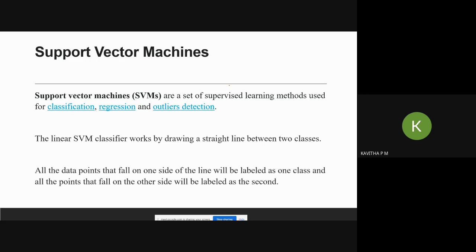While we segregate it, the points will fall based upon the classes, whether they come under the first class or the second class. Maybe the first class would be a labeled structure and the second class an unlabeled structure, and based upon that there will be some grouping. This is also possible, but in SVM, if there is some set of plottings available, we construct a straight line, and based upon the straight line the plottings will be classified and grouped into two different classes.